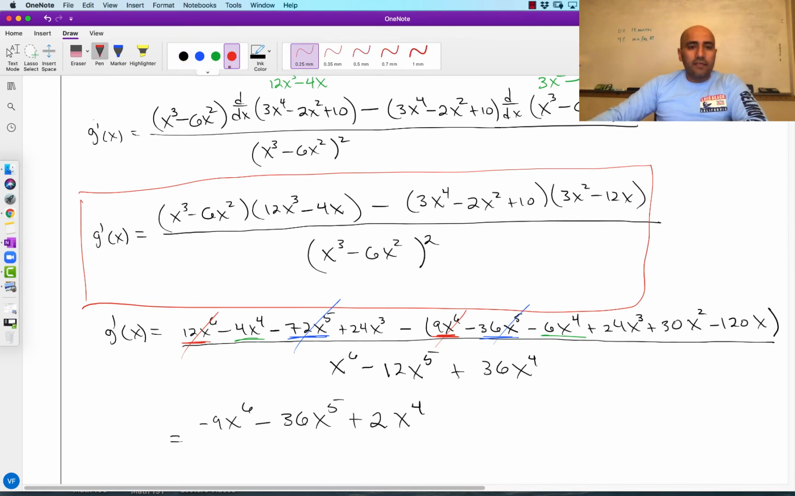Okay, and that takes care of this term and that term. Now minus 24 plus 24, those just cancel. Minus a positive 24x to the 3rd power minus 24x to the 3rd power, and that takes care of all those terms. So now we just subtract. So then we get minus 30x squared